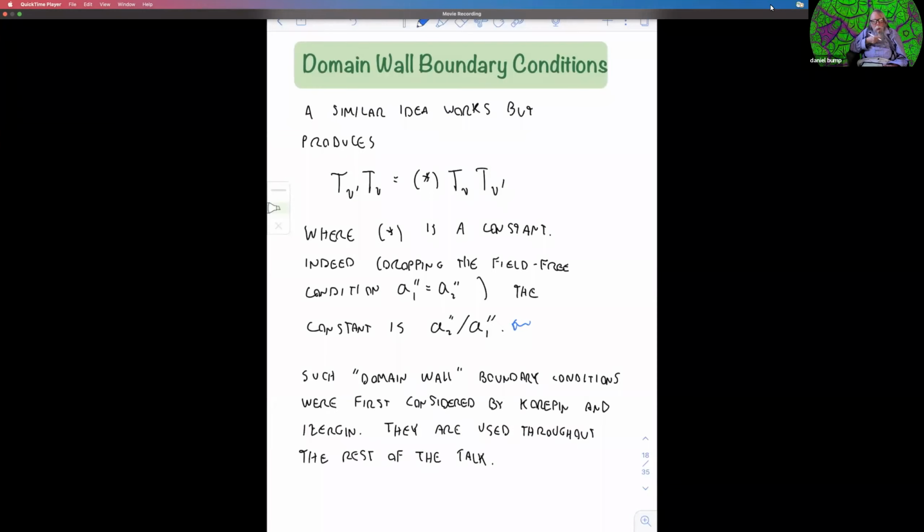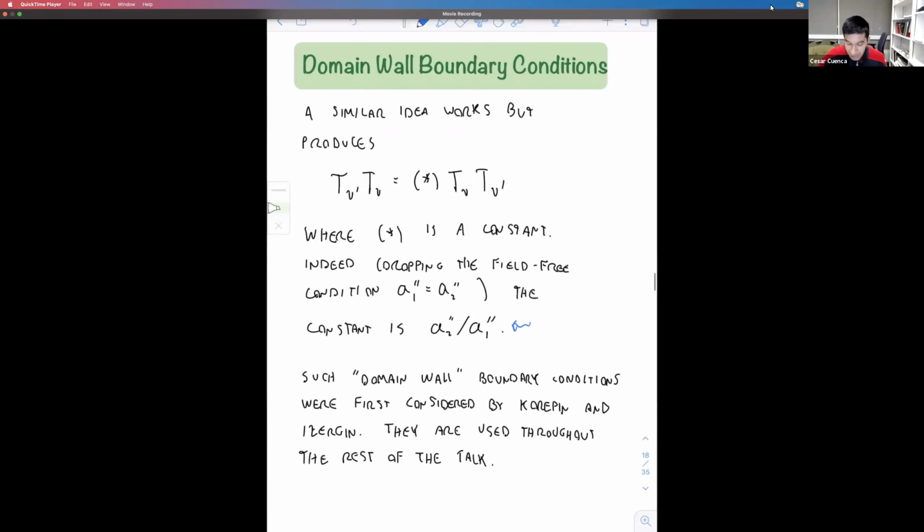Okay, are there any questions? Yes, I have one question actually. I thought that you said that the theorem that we're proving is that the t's commute in the case that the deltas are equal. Delta ABC is equal to delta A prime, B prime, C prime. But here you're saying that the constant is A2 divided by A1. Wouldn't that be equal to 1 then?